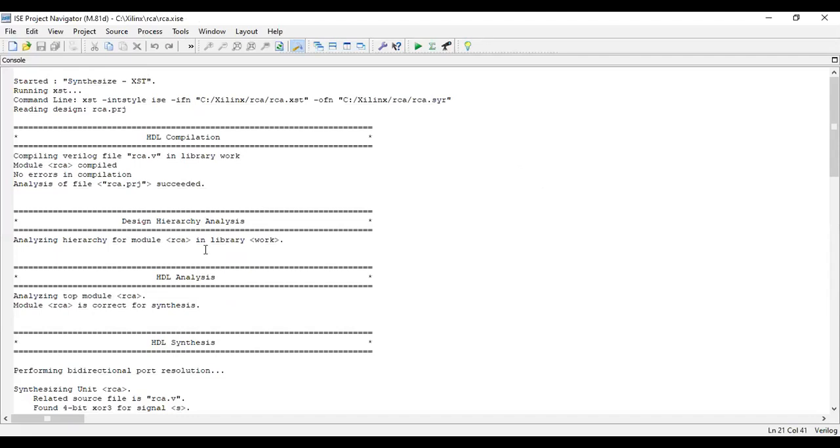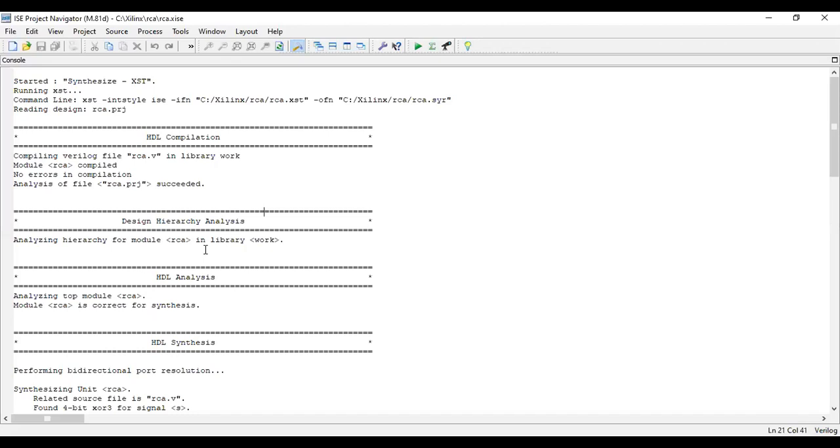What do we mean by hierarchy? When we speak about hierarchy, it means what is the top level module and what are the sub modules. In this design, we have only one main module, that is the ripple carry adder module. But if you implement ripple carry adder using gate level model, there will be 4 full adders.